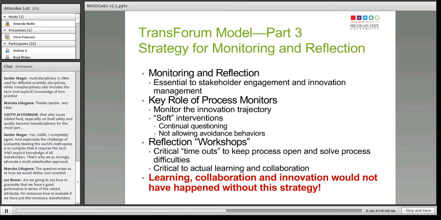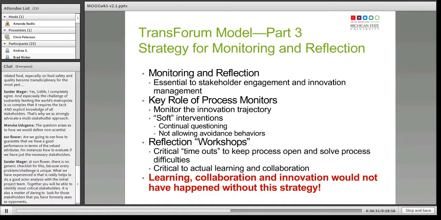That in fact, learning seems to be a relatively unnatural human behavior in projects. And I would ask each of you to think about both successful and unsuccessful projects you've been engaged in across your career. And my guess is you would probably agree with me that reflection and learning doesn't happen nearly as much as it needs to. And if you're dealing with wicked problems like sustainable development, you have to be absolutely explicit in pursuing a strategy for monitoring and reflection.